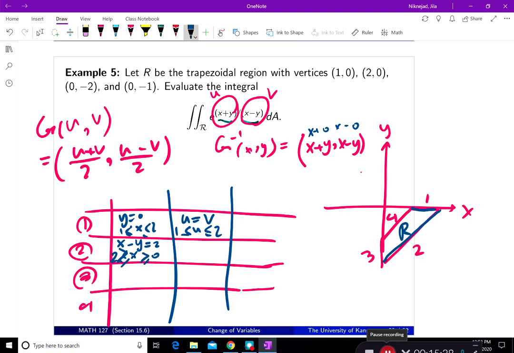Now, if I go back to the inverse function, I see that means that v is equal to 2. V is equal to 2, and u runs